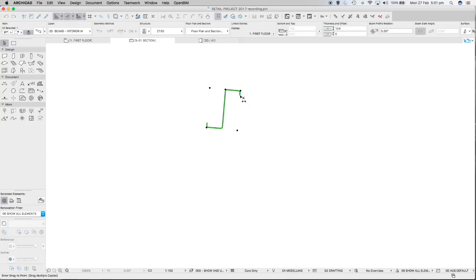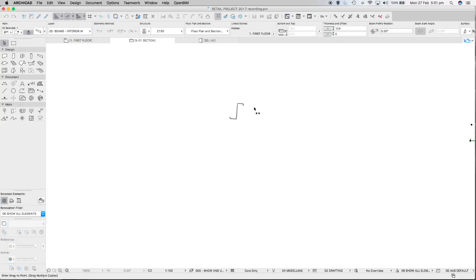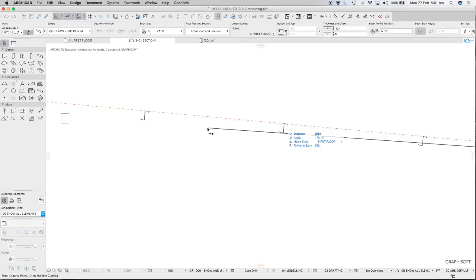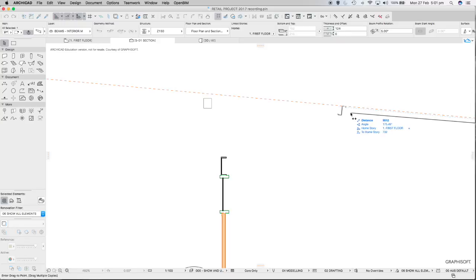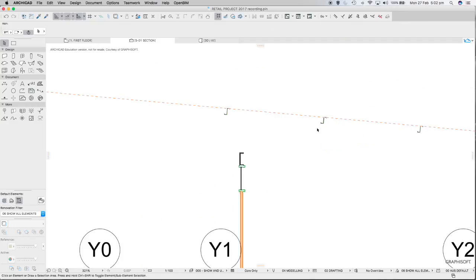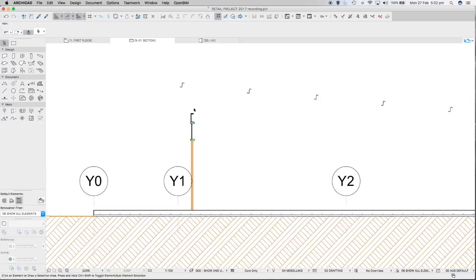So that's placed a new one for you out here. So you can continue to go to that new one and place the next one at that corner, which has placed a new one for you up here. So you can just keep leapfrogging your copies then from one accurate location to the next. Now when we get to this one, this will be the last one, it'll probably be too many, so I'll escape now. And so when you get past here, we'll need to bring back that last purlin to some known location